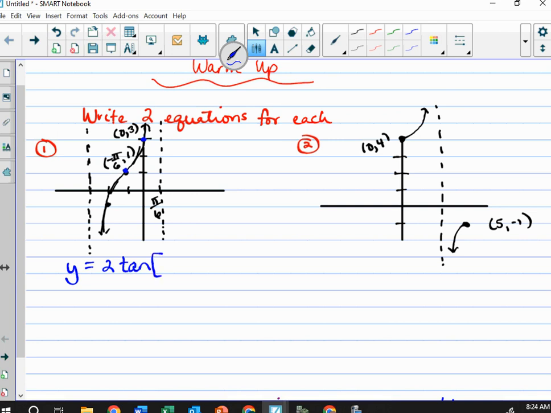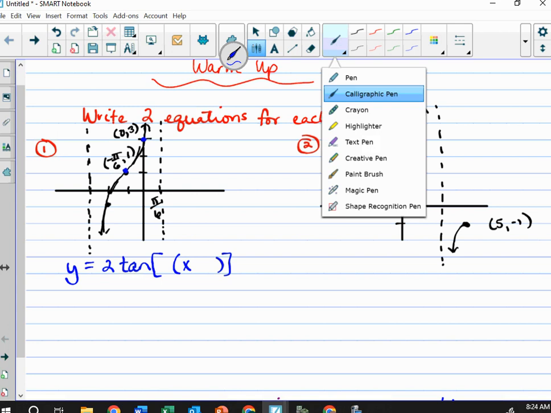We said we're going to do tangent first. I'm going to do the b value last because that's the part you have to think the most about. So then we'll have some sort of phase shift and some sort of other shift. So as far as the shifting,